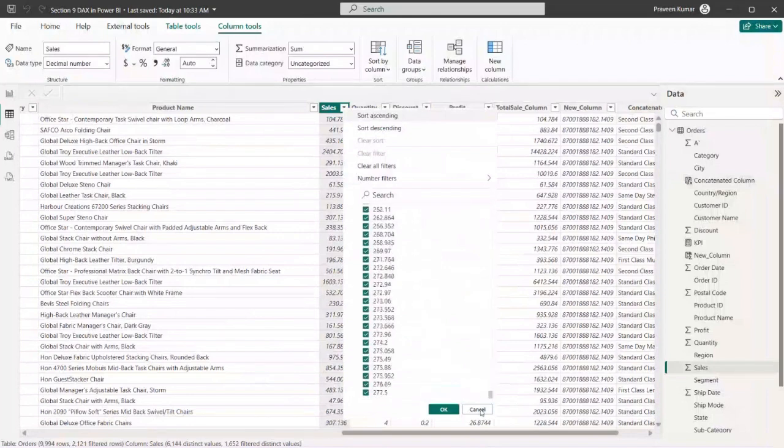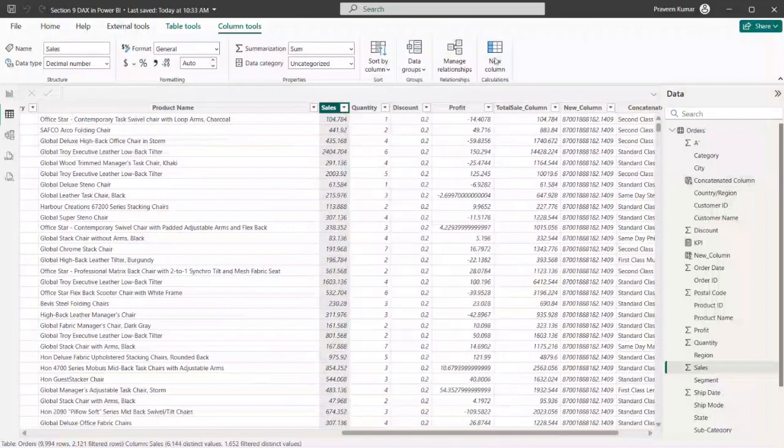We have the highest value, I think 300. So we want to make a category: if the value is less than 100, we want to make some category. If the value is between 100 and 200, we give another category, and if greater than 200, we are giving another category. So we have to just click on this